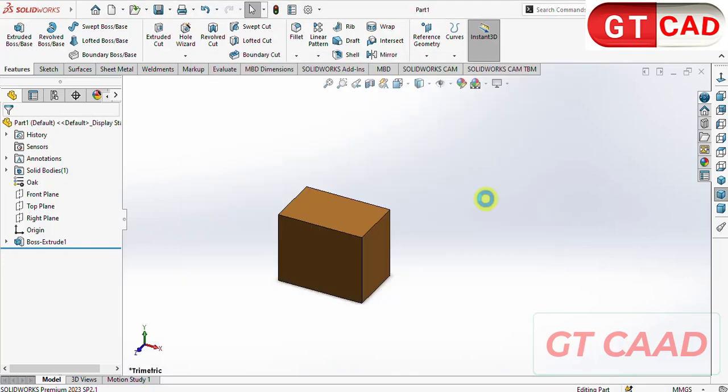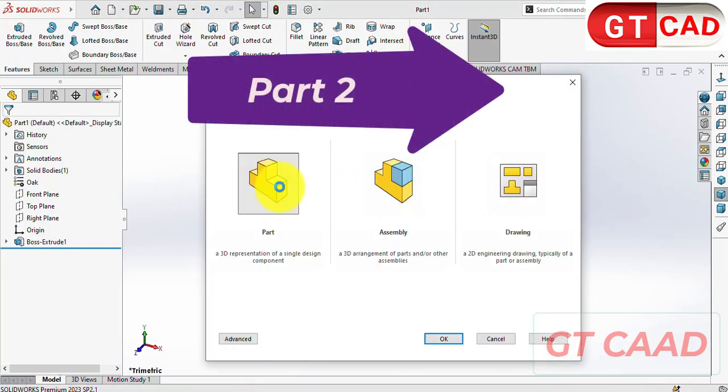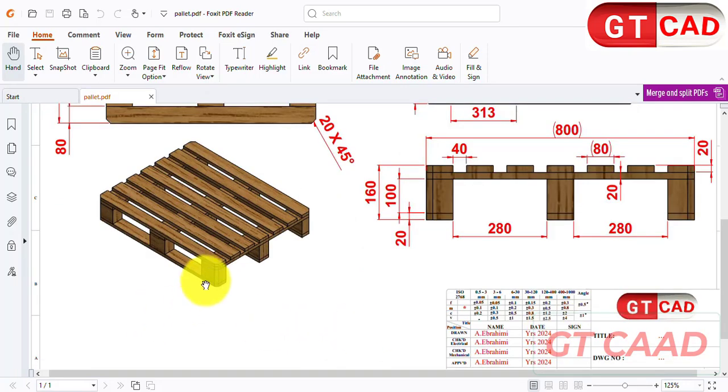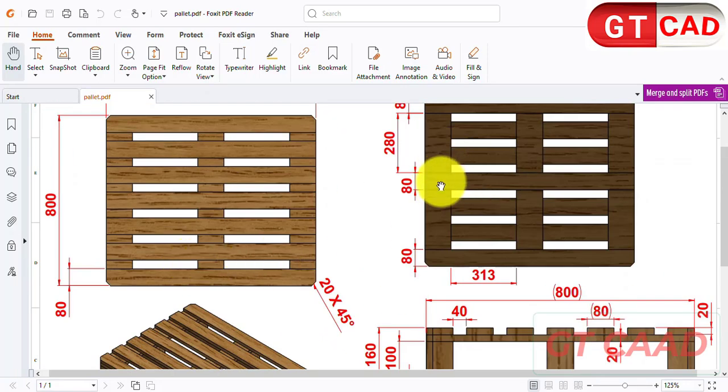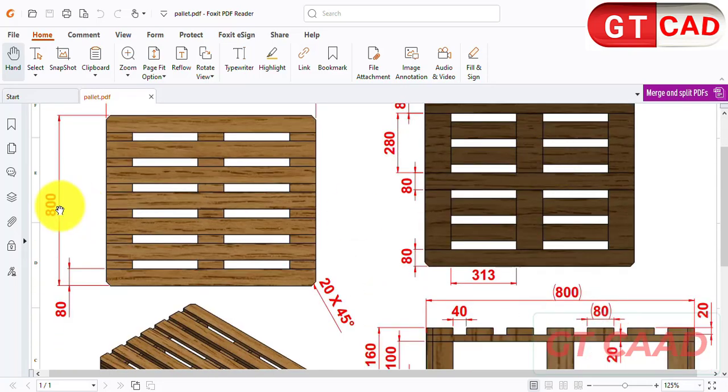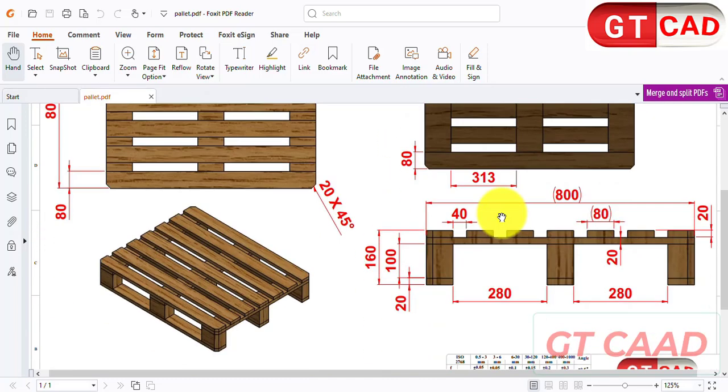Okay, press Ctrl N for part number 2. I want to model this rectangular wood. It's the base, on which all the other wood of the pallet are sitting. I can show them. This is the bottom view. We have three of them, 100, 125 width here, and the length is 800, and the thickness here we